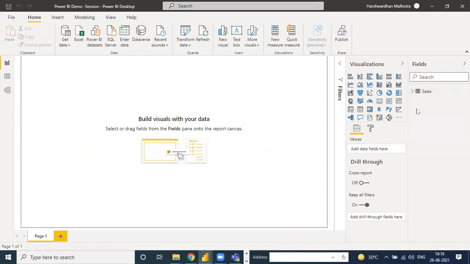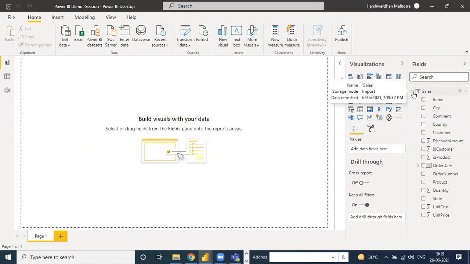See, all the fields are covered. See, it's a sales table. When you click there, all the columns are there. Brand, city, continent, country, customer, discount amount, ID, product, order date, order number, all the columns are here.